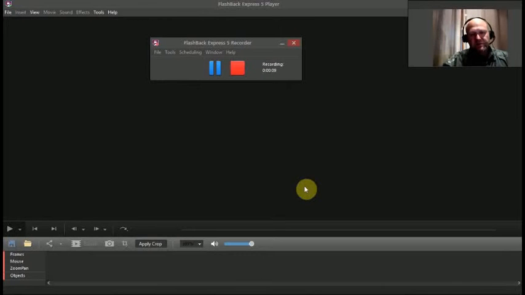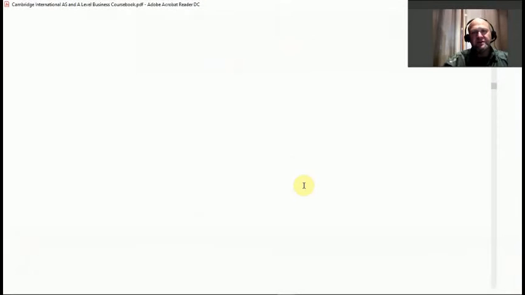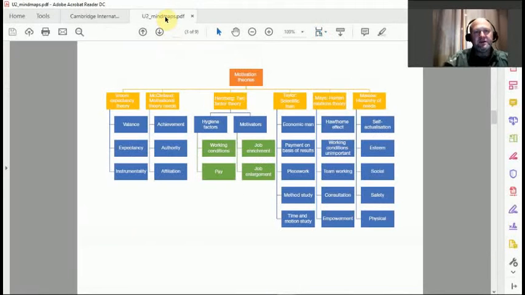We were busy with motivational theories. I like to look at things from a picture point of view, and on your CD you'll see there's a very nice summary. From the point of view of where we are, we've just looked at Taylor's scientific theory, the economic man, and we've looked at Mayo, the human relations theory, and now we're looking at Maslow and